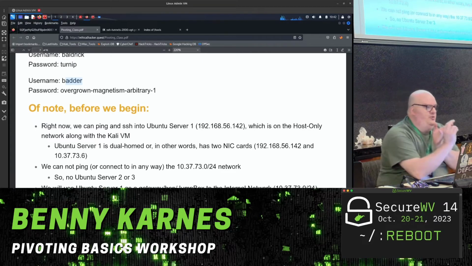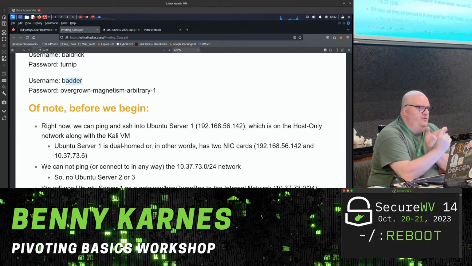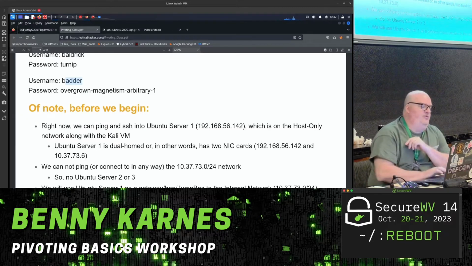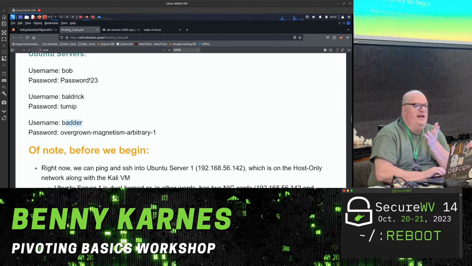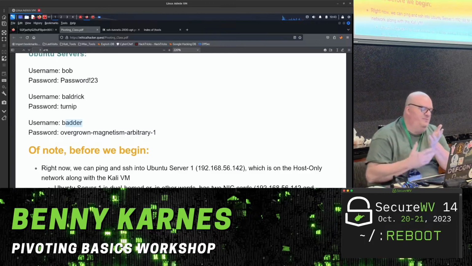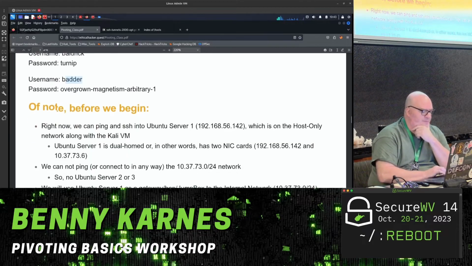So each one of those three servers that you download have those three users, and those are the passwords. If you understand the Blackadder reference, Bob's kind of smart. Yes, I said she would have kind of had a password 123 maybe. Baldric's dumb as a box of rocks, so his favorite thing is turnip, so he would have actually used turnip. And Edmund Blackadder, the star of the show, thinks he's better than everybody else and knows more, and so he would have had a better password than the average bear. So anyway,